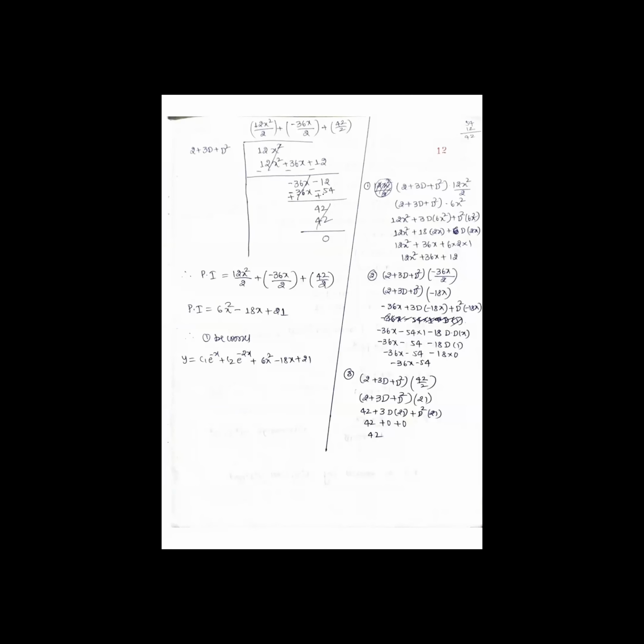So you can see what exactly the division method is. 12x square, you write it here. Please try to concentrate. The numerator you write inside, the denominator you write here. So next, everyone, you can see how it will be coming. What is the first term here, students? 12x square, is it right? Yes. See, in the numerator the first term is 12x square. In the denominator, what is the first term?